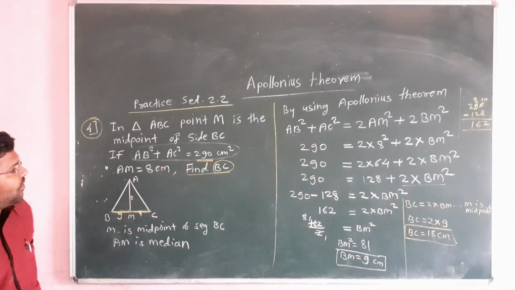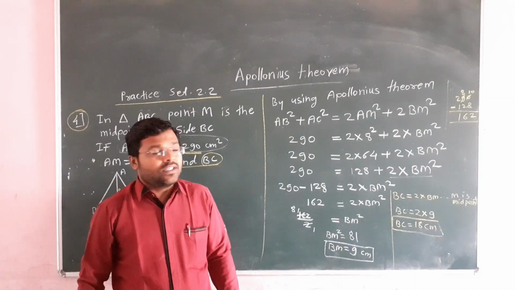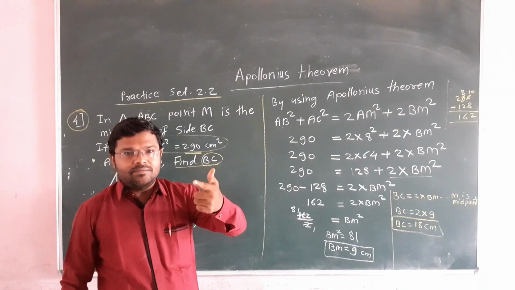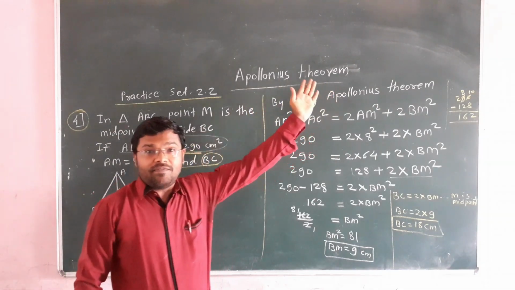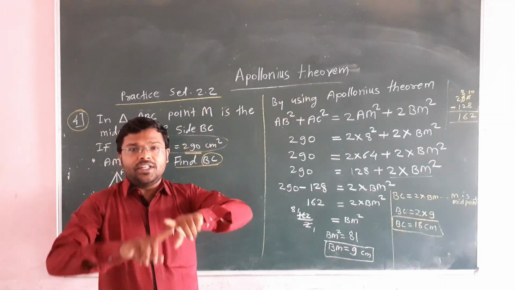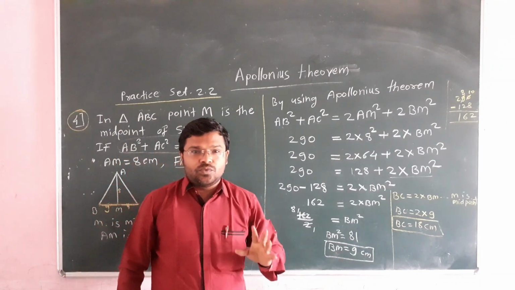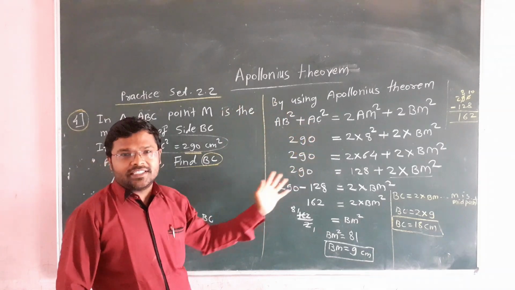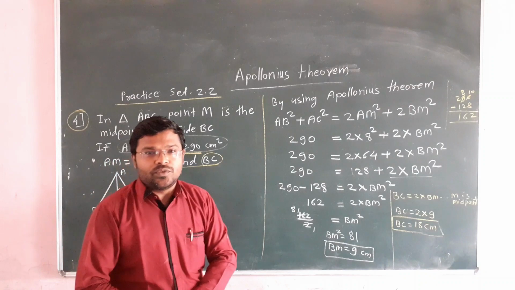Okay, look at the board now. Now we have learned about Pythagoras theorem, 30-60-90 degree theorem, geometric mean, Apollonius theorem, and 45-45-90 degree theorem. So you can use all these theorems to solve problem set number 2. Most examples you can solve by using all these theorems. So homework is to solve problem set number 2. Okay, thank you.